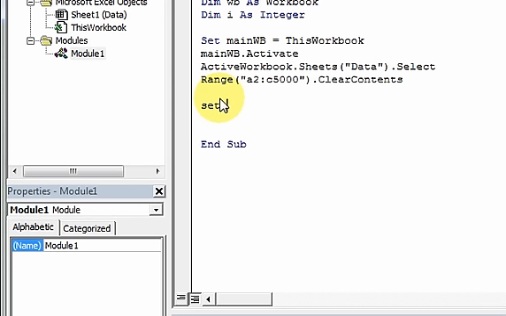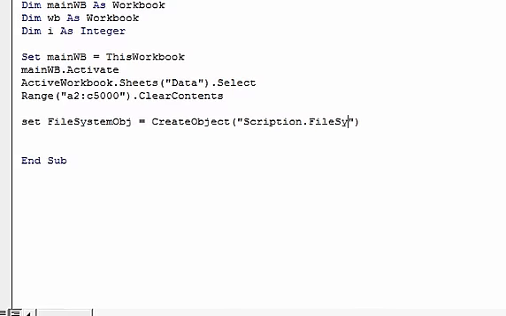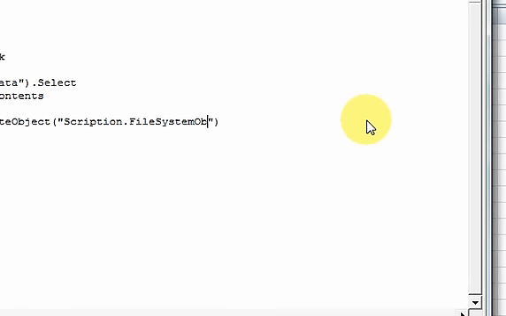So you do something like this: set file system object, I'll call it obj, is equal to create object, and you're going to do scripting dot file system object,